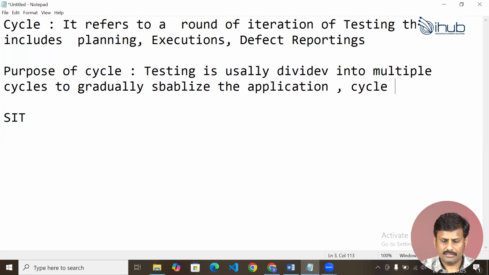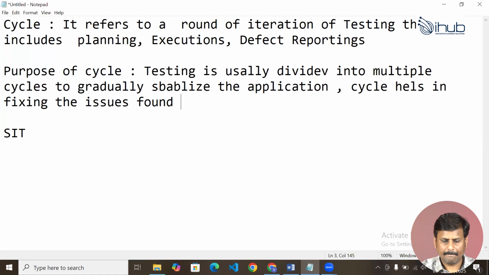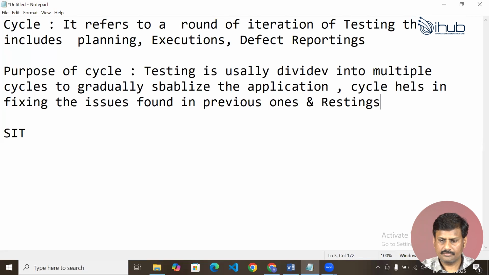Cycles help in fixing the issues found in previous ones and retesting. So the purpose of a cycle is what? Testing is usually divided into multiple cycles.